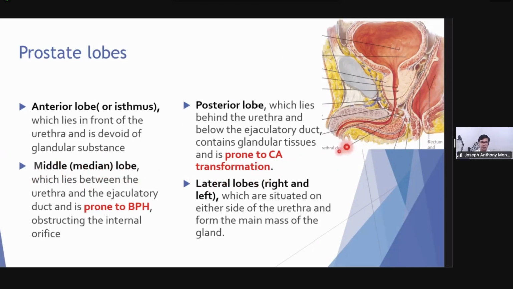The middle lobe lies between the urethra. So this is the urethra. This is the ejaculatory duct. The structure between them is the median or middle lobe. And that median or middle lobe is prone to benign prostatic hyperplasia for males greater than 50 years old, which